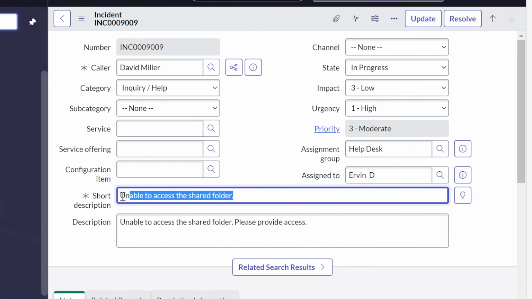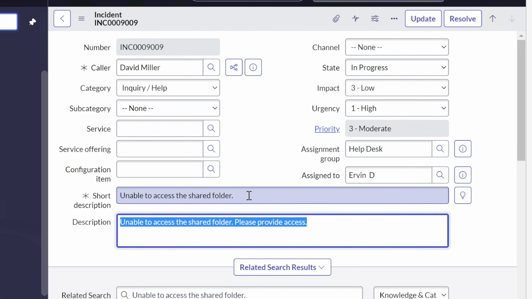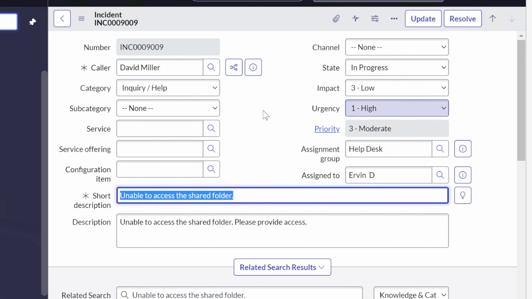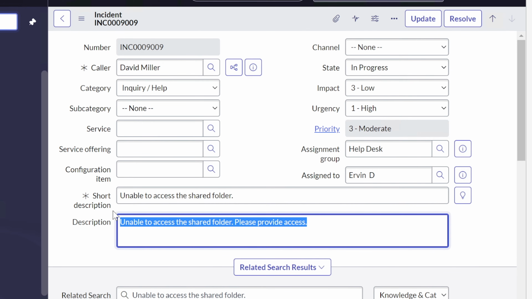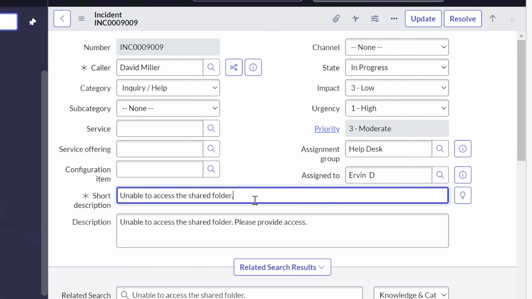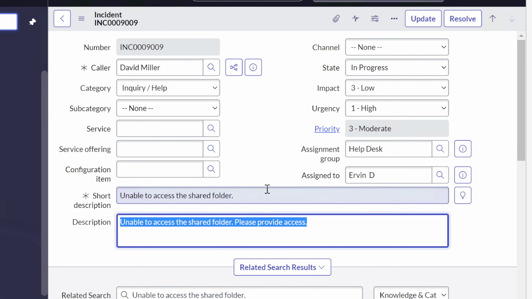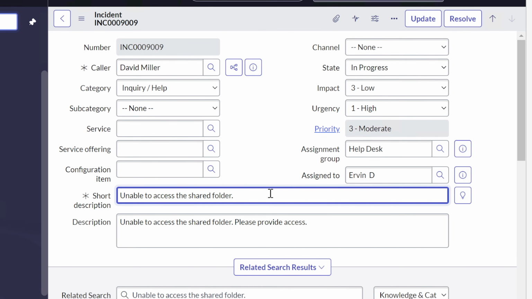and we can check, unable to access shared folder. This was no big deal when this ticket came out. It's just that it's been 4 years since it came out, since this ticket was in the system. So we're just simply going to give them access if they're allowed to get access. You may have to check with somebody whether they're allowed to have access to these specific folders. So once you verify that they're allowed to gain access, it's simply just giving them access to that shared folder,